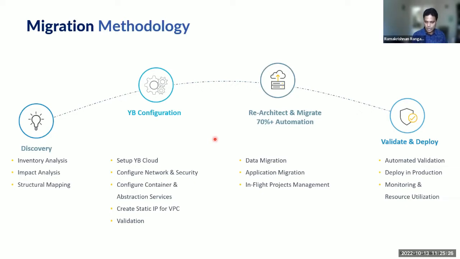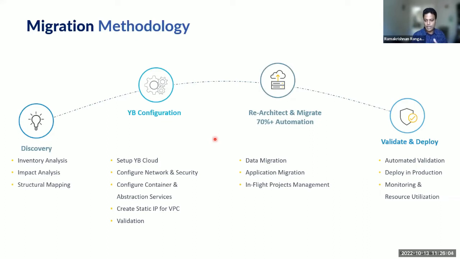Now, where does automation come into play here? And that's where our product DB Shift comes into picture. So automation can be applied in each and every phase outlined here, right from discovery all the way to monitoring after deployment. So we have crawlers, where the environment might be a Netezza, MicroStrategy, Informatica ecosystem, that automatically gather and prepare this initial inventory, which can be later cleaned up in order to come up with a final inventory.